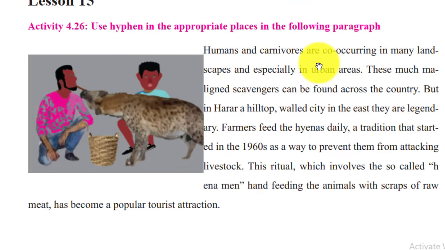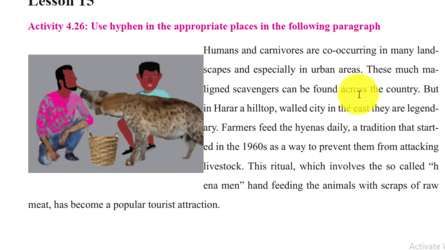Okay, humans and carnivores are co-occurring in many landscapes and especially in urban areas. These much-maligned scavengers ይላል። ለምሳሌ these much maligned የሚለው እዚህ ጋር ምን ያስፈልገዋል? much maligned የሚለው hyphen ያስፈልገዋል because it is used as a compound adjective ነው። compound word ነው as an adjective ነው። much maligned scavengers የሚለውን ቃል የሚገልጽ ስለሆነ much maligned የሚለው hyphen ያስፈልገዋል ማለት ነው። much ብለን maligned እንላለን ማለት ነው።